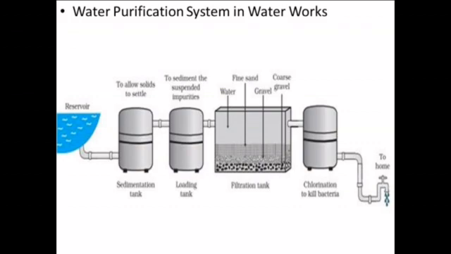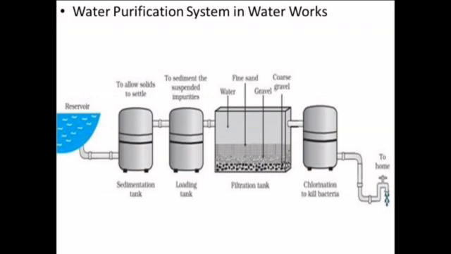It is then pumped into big settling tanks where most of the suspended impurities settle down in 2 or 3 days. The clear water, still containing some suspended matter, is passed through successive filters of boulders, gravel, coarse sand, and fine sand. The clear water from the filters is chlorinated and then passed to the reservoirs for distribution in the city.